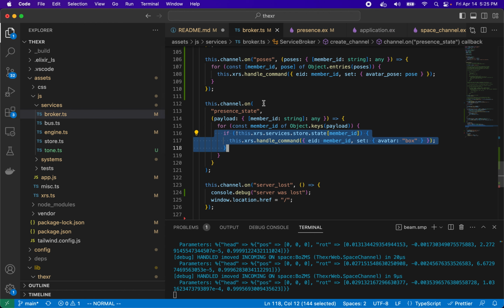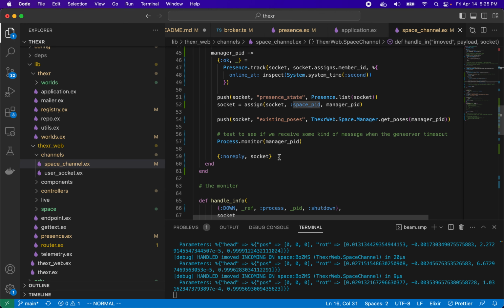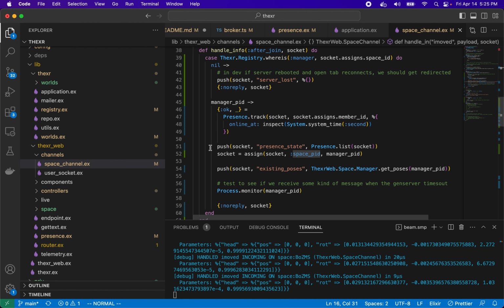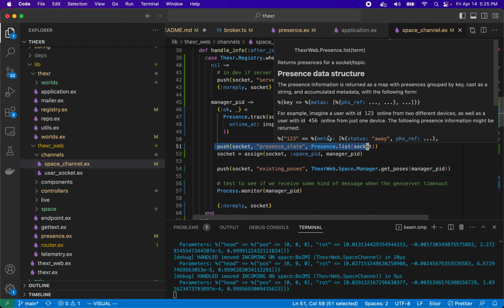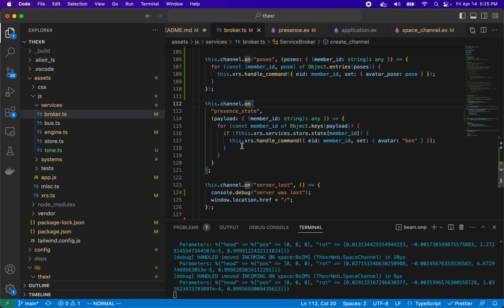So here's the broker where we're handling the presence state, which we pushed from the space channel. As soon as we joined, after join, we pushed the presence state and we give it a presence list, which is a map of keys to these values, and we really just need the keys, which are all the member IDs. So in the broker, we broke that down into this message here, just to get us started, because although we are